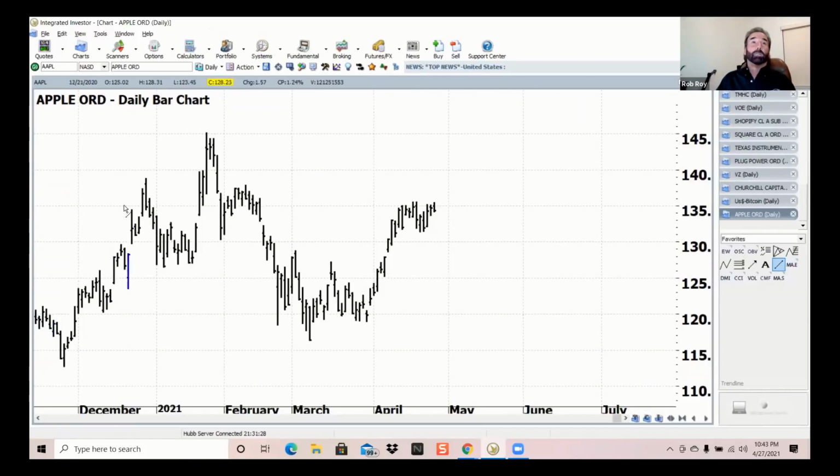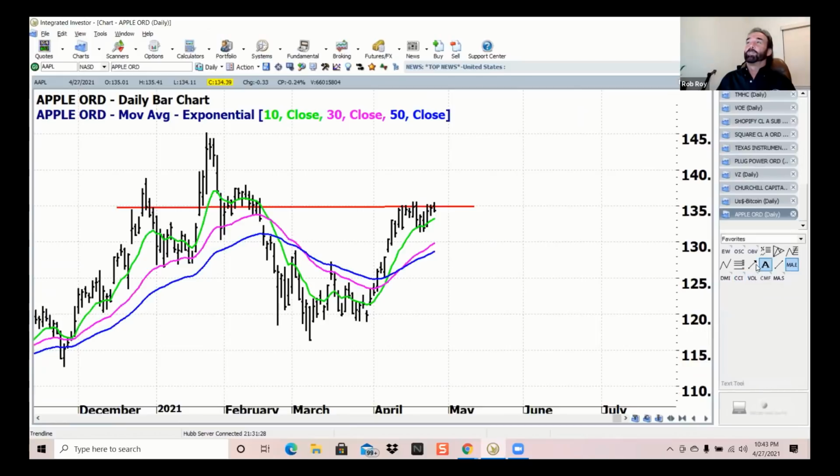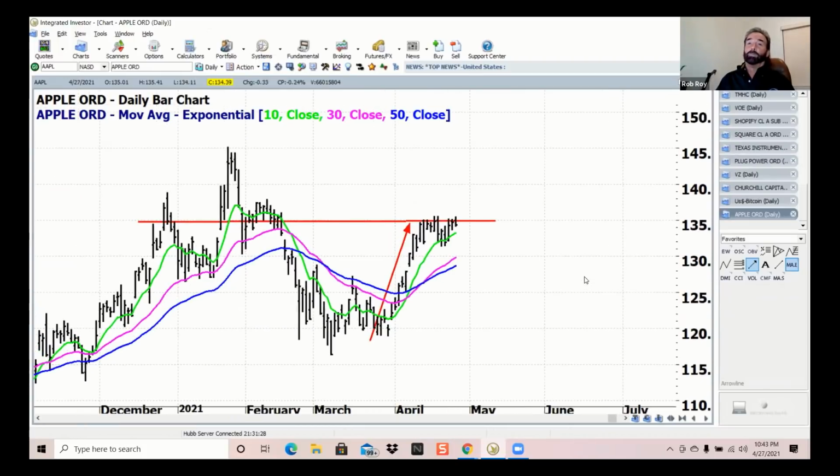Hadn't changed much from last week. Still sitting here at that 135 level. We did have a pretty vertical move, so it's not surprising that following a move like that, it's consolidating. There's big tech earnings over the next few days. We had Google after hours tonight, and there's several more. So Kramer called it the most important 72 hours of the year or something like that, because so many big tech stocks are